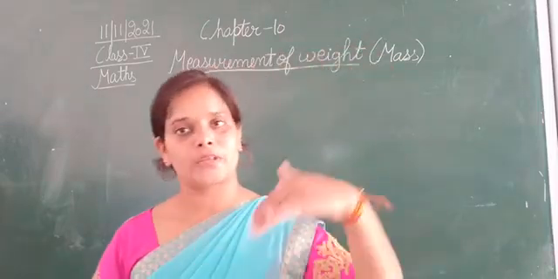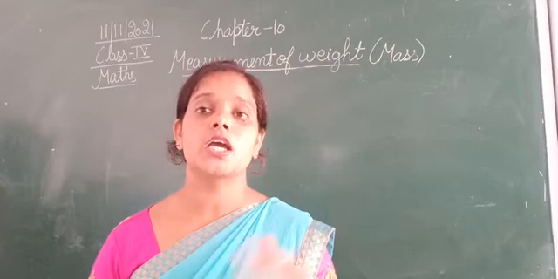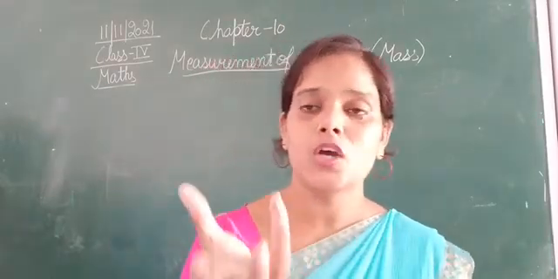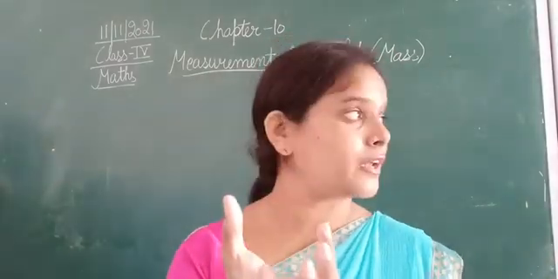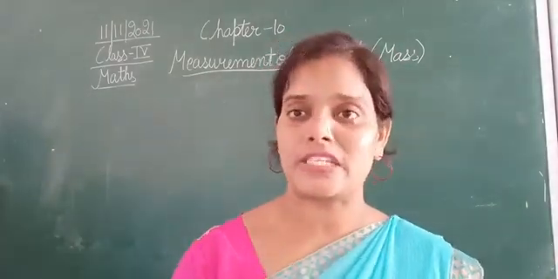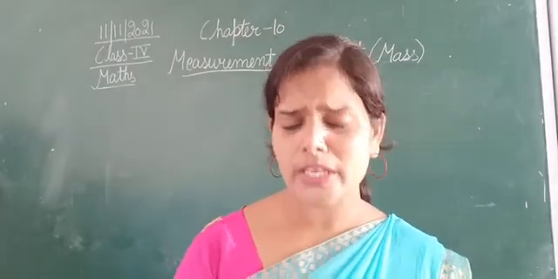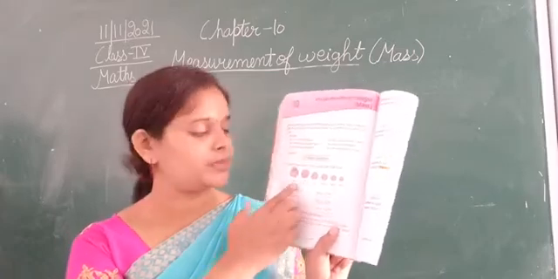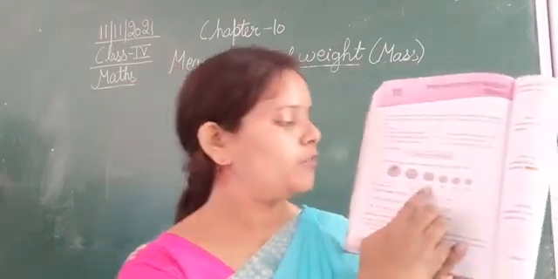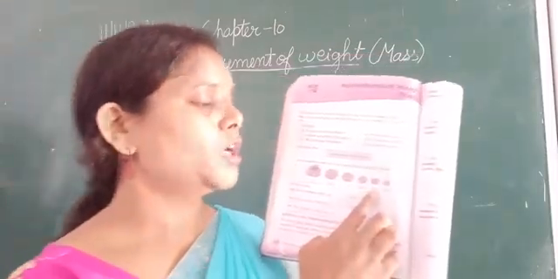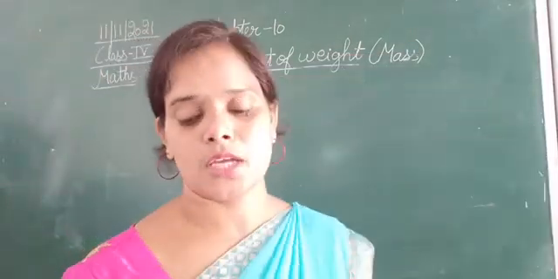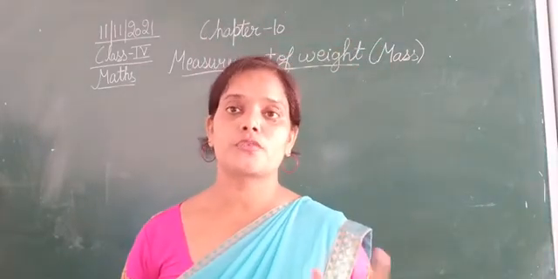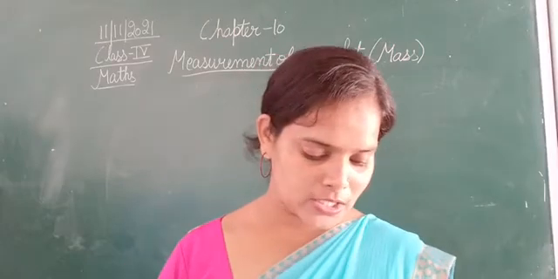You always ask, uncle 2 kilo weight kar dijiye, 3 kilo kar dijiye. So they always use a weight, an iron weight, for measuring the weight of the fruit or vegetables. They use different weights. Here they have mentioned 5 kg, 2 kg, 1 kg, 500 grams, 200 grams and 100 grams. These are the different weights they use for measuring weight. Next,